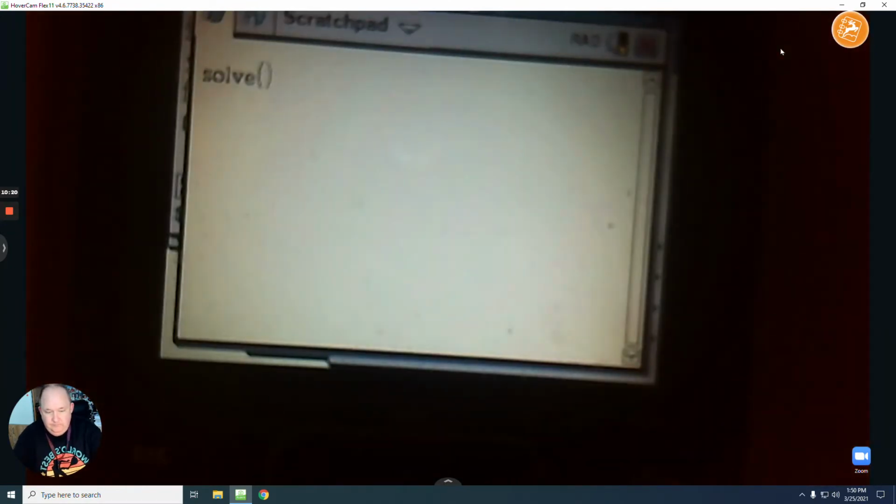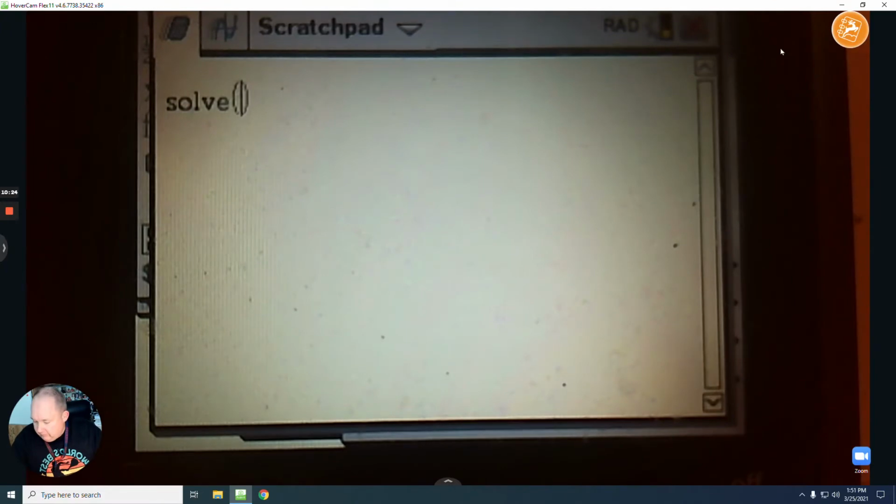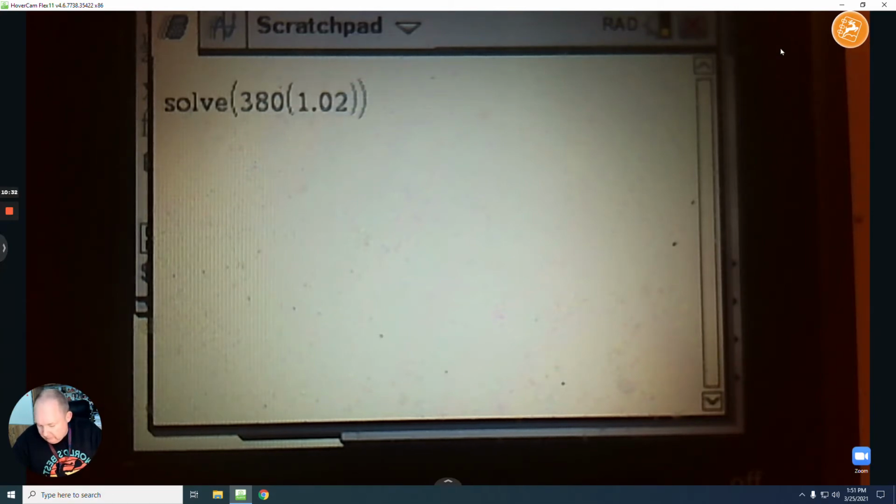Let me see the book so I can type it in right. So the rate for f is 380, and it's 1.0 t to the exponent t. Subtract,